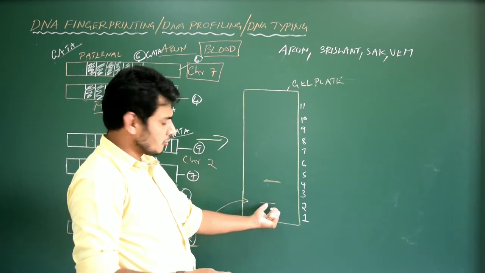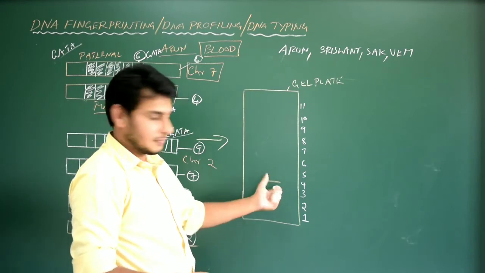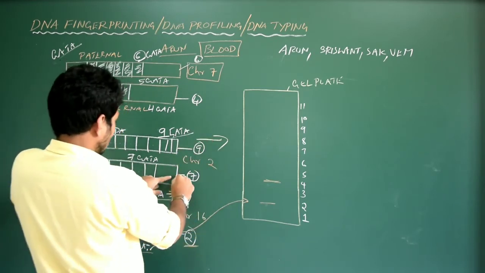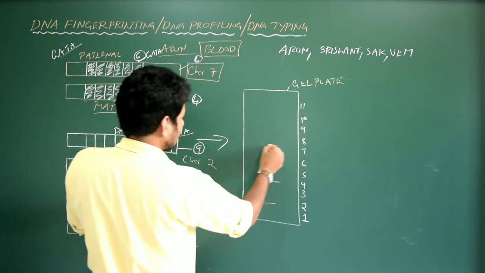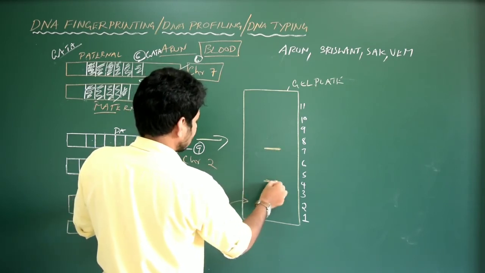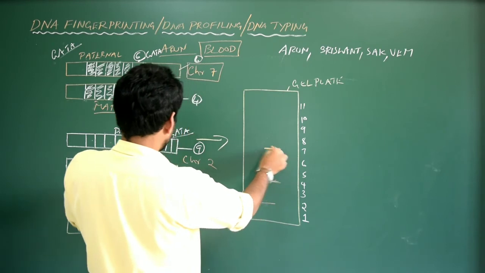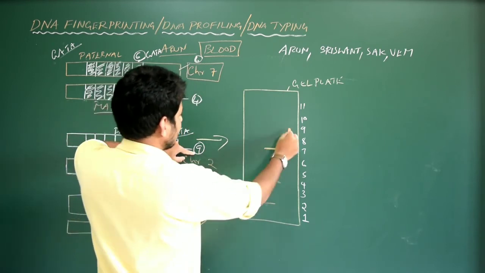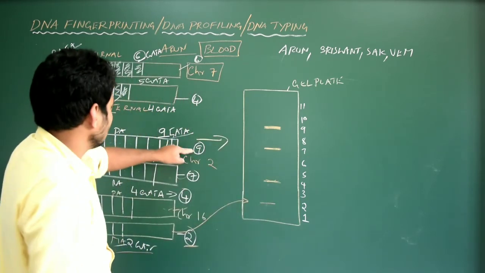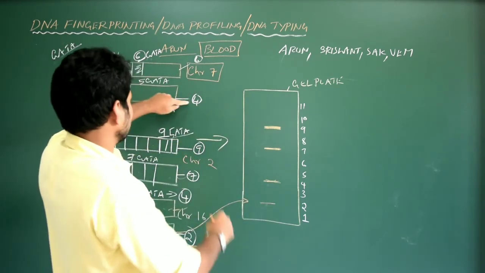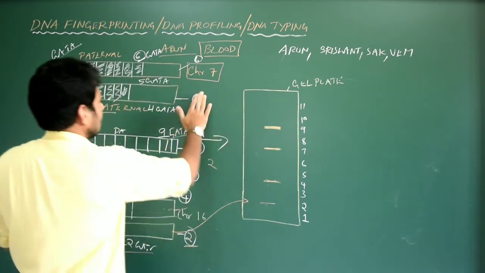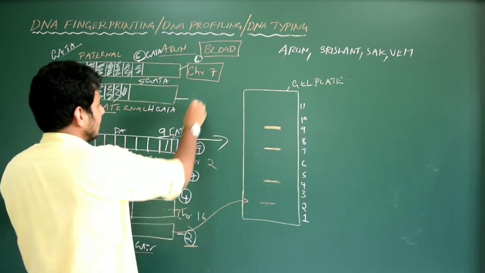You may not observe it on the plate, but you can observe it. Okay, now let us take chromosome number 2. How many tandem repeats are there? 7. So I have to write here 7. It is a bit thicker or darker than this. Yes, okay, 7. And in this case 9. 9 is a bit thicker. Yes, it's going to develop on the plate later. And this is 4 now. Okay, so to understand that, let me just increase the number, make it 10.